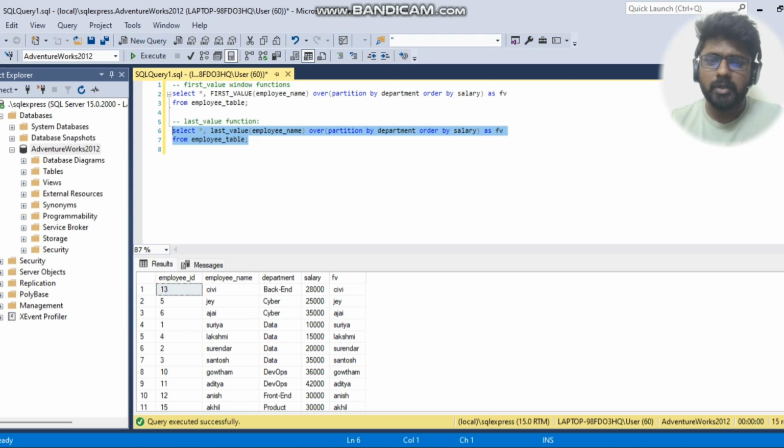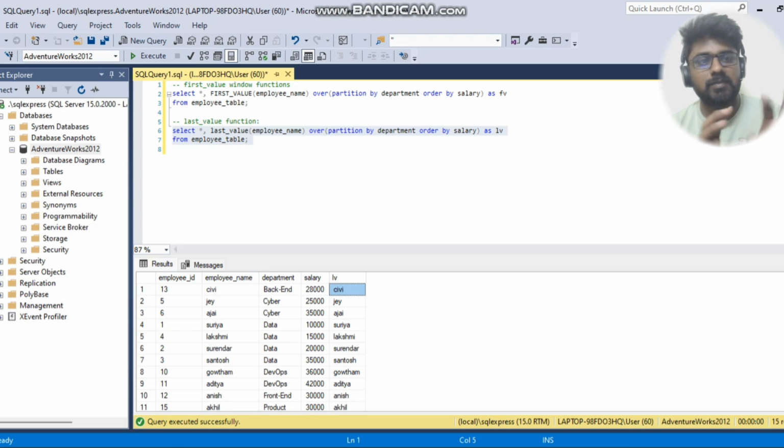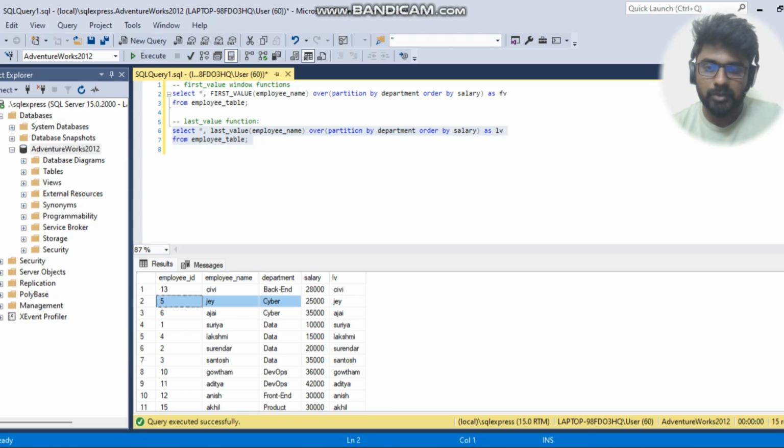Let me rename it as LV, last value. If you see the last value function, it gives the same value that is present in the employee name. While explaining window functions, I explained that a window function does row by row operations. Here, for the first row partitioned by department, CV is the employee getting the salary of 28,000, so we got CV here. And also in the cyber department,